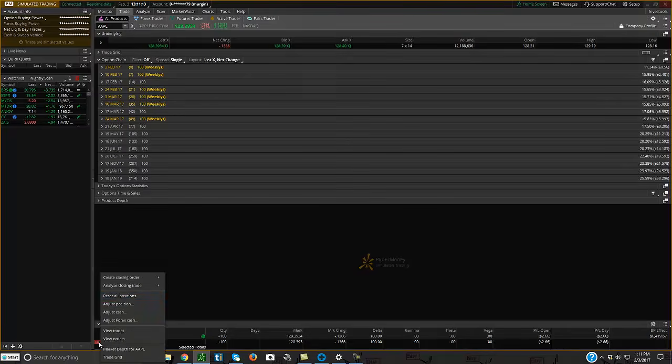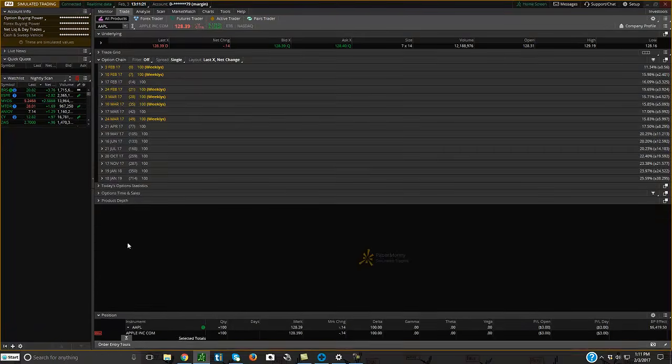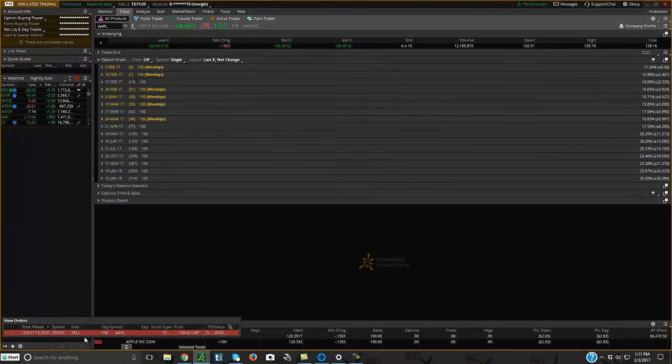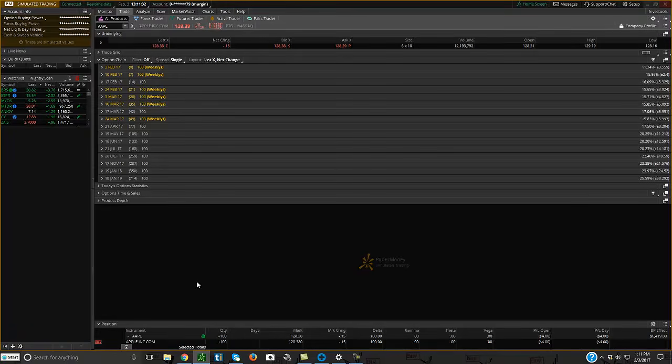I could right click on sell, go up to, actually let me do this, not right click. Oops, see, another area. This is just so crazy. Actually, I think I can just double click on it there. Double click on it, then right click, and then cancel replace order. So let me do that again, just to show you again, there's several areas, and this is why we try to stress to people, always, always, always, just